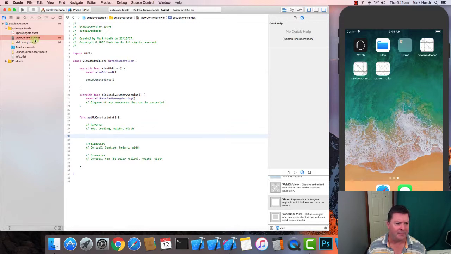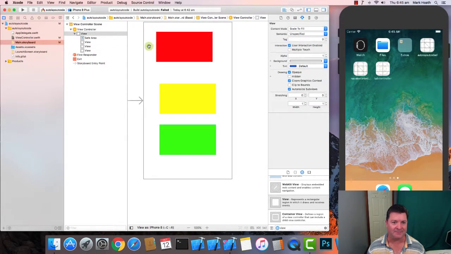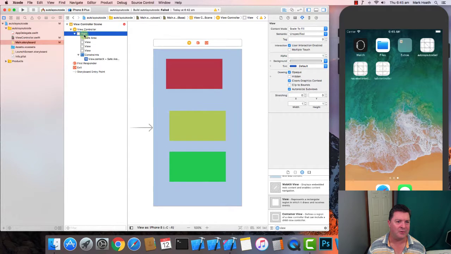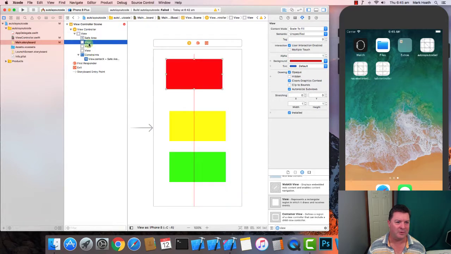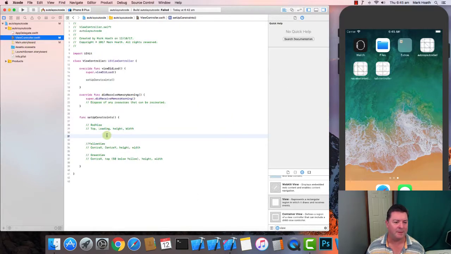Now, if we go back to the main storyboard, if we create a constraint just here, you'll see that the constraints here belong to the view. They don't belong to the item. Okay. What we're going to do in our setup constraints is everything is relative to the view of our view controller. Okay, so the first one is